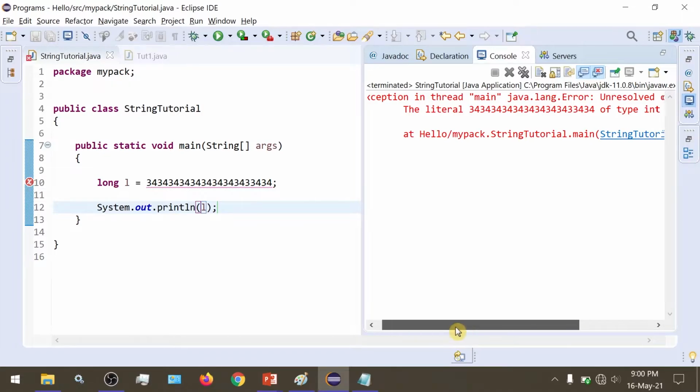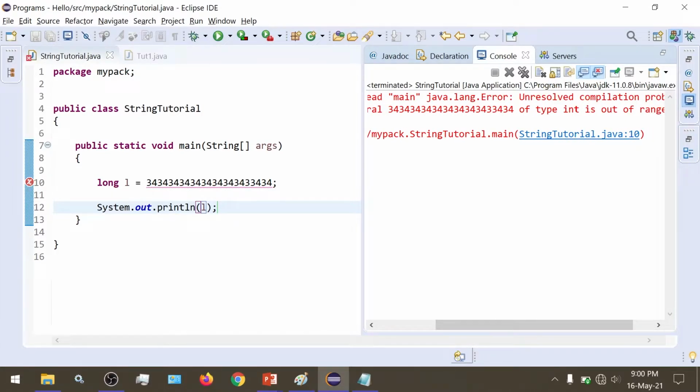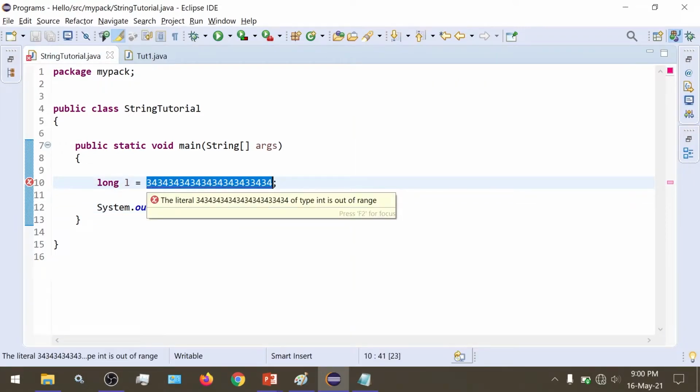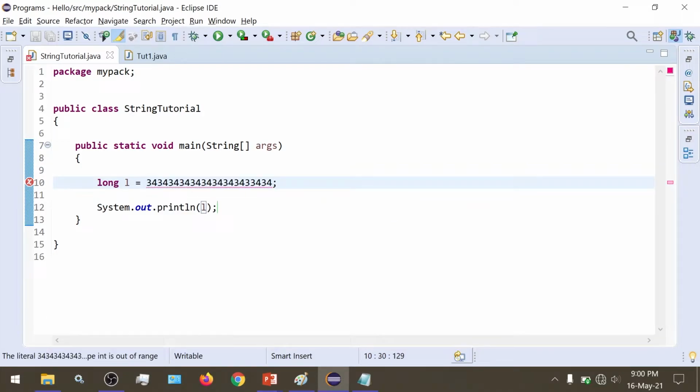Here we got an exception: the literal of type int is out of range. Even though we have specified the data type as long, it is considering the number by default of type int. By default Java considers every number to be integer type, and this number is out of the range of the int data type, so we are getting an error.